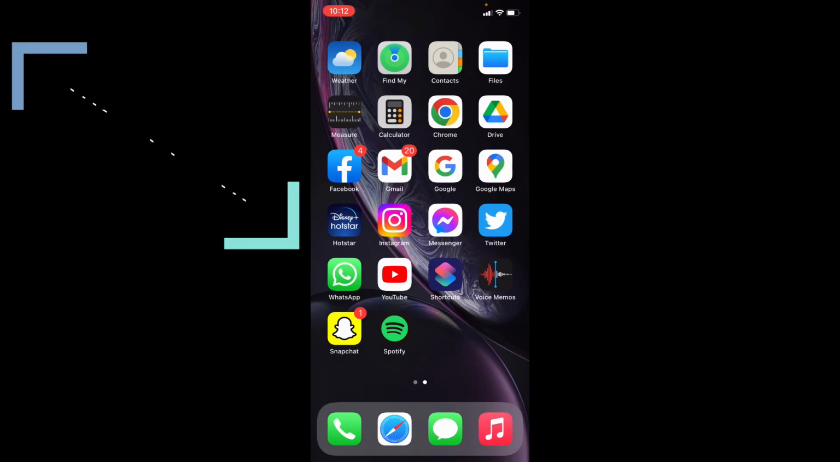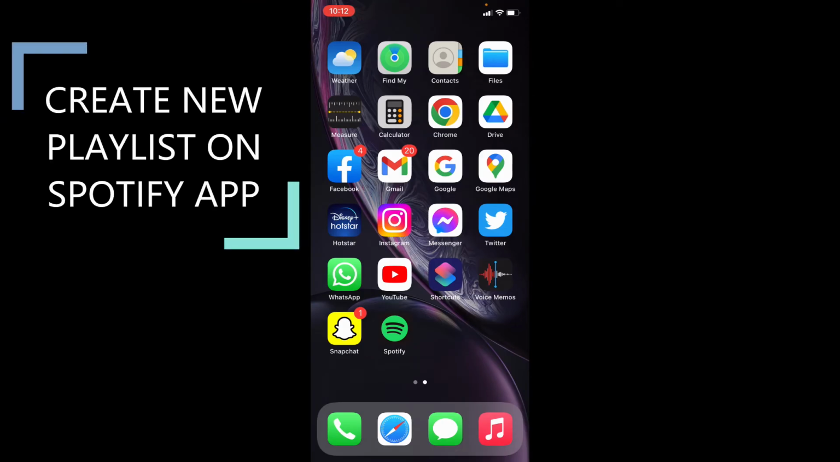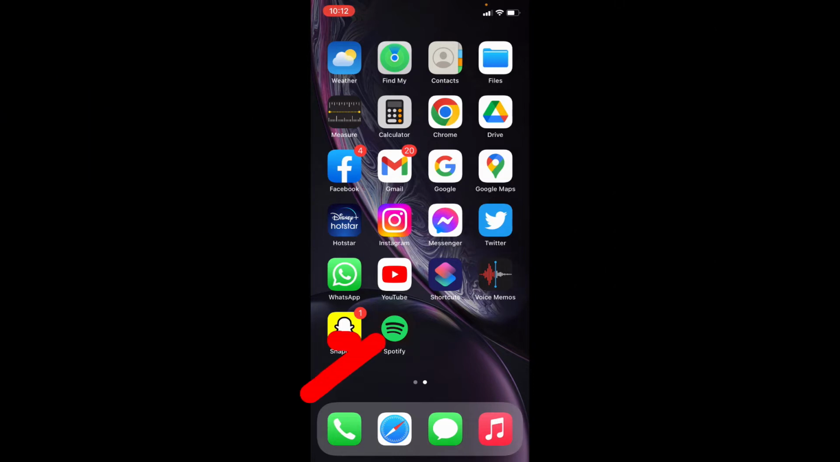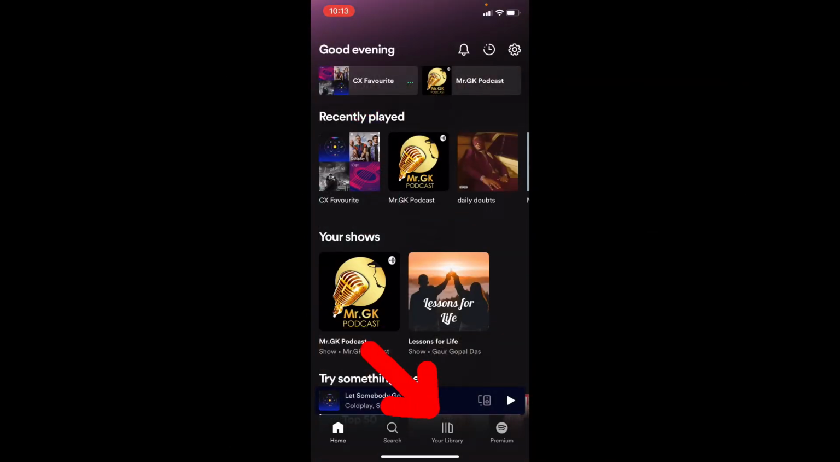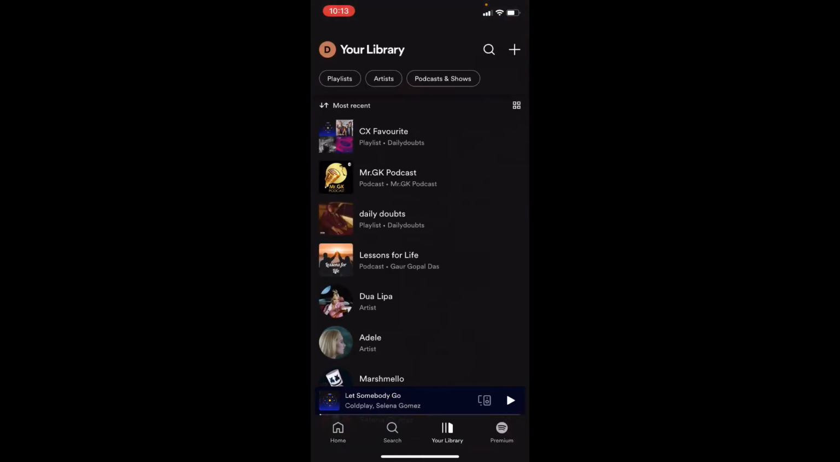This quick video is about how to create a new custom playlist on Spotify in iPhone. Okay, let's quickly open Spotify. Then click on your library. Now touch this plus icon